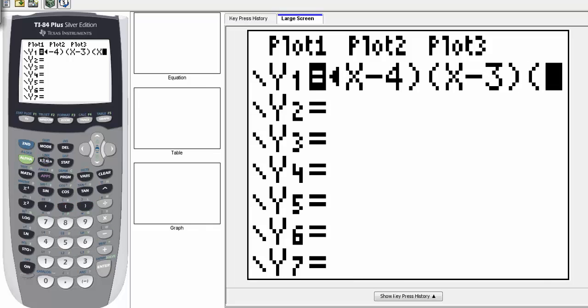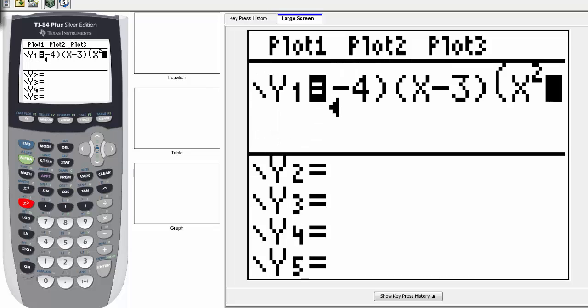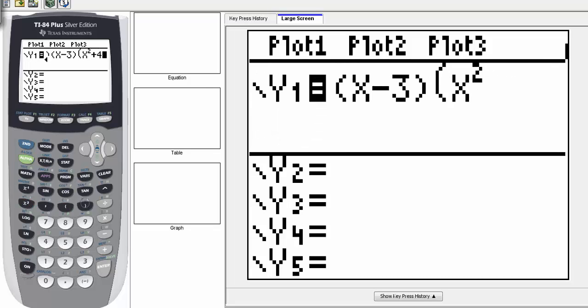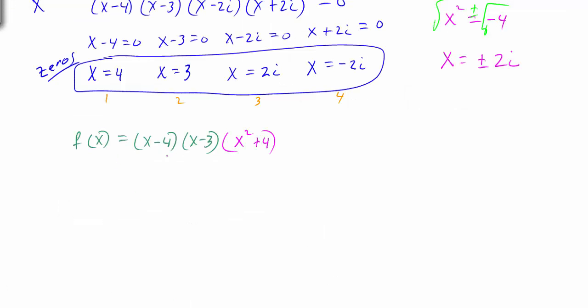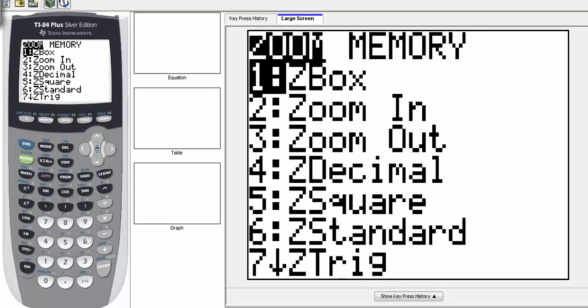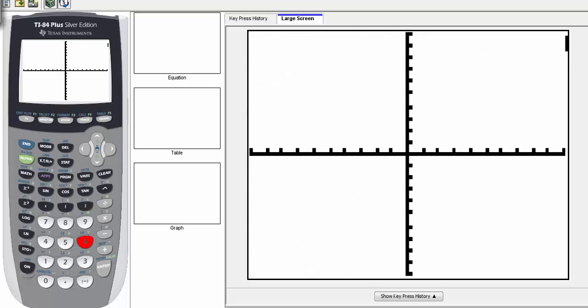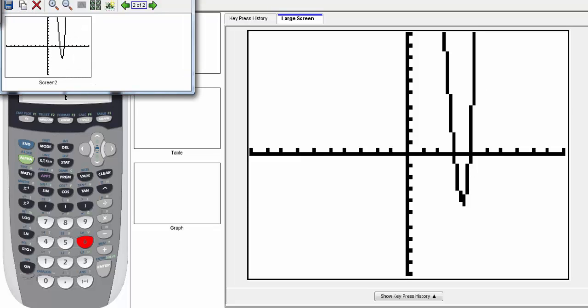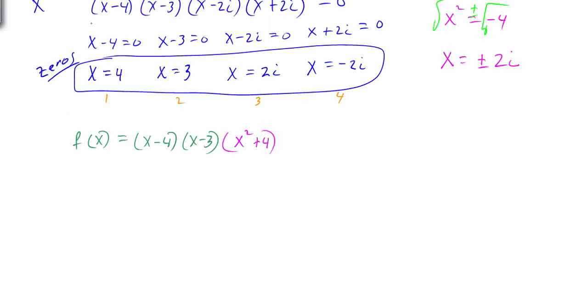And then we have x squared plus 4. So all I did was type this into the calculator, x minus 4, x minus 3, x squared plus 4. And I'm going to go to Zoom 6, Zoom Standard. And notice here's our graph. We have like a parabola here opening up. So if I copy this into our notes here,